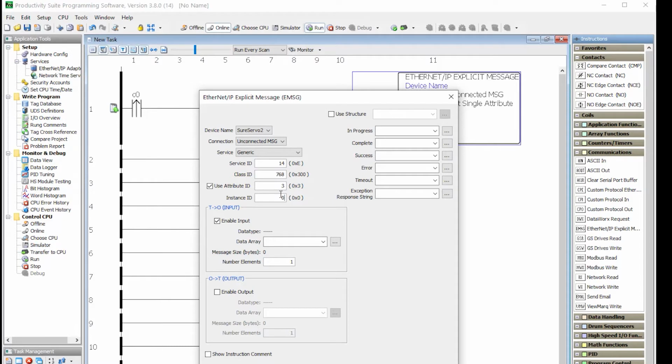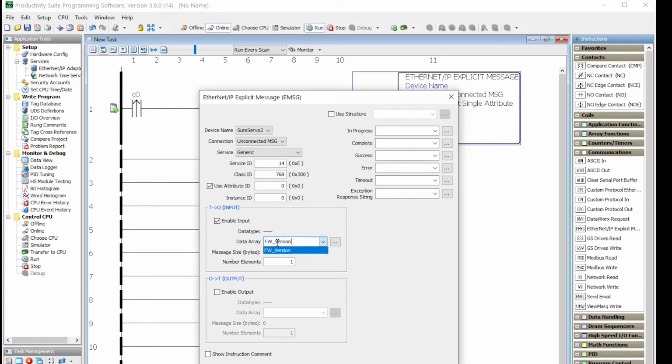Then we put the parameter group number here, and the parameter member, which is the parameter number times 2, here. And we want to do a read operation, which the table said was a 0E hex, or 14 decimal for that class. Of course, to do a read, we need to enable explicit messaging from the drive target to the PLC, or originator. And we need to tell the PLC where to put the reply.